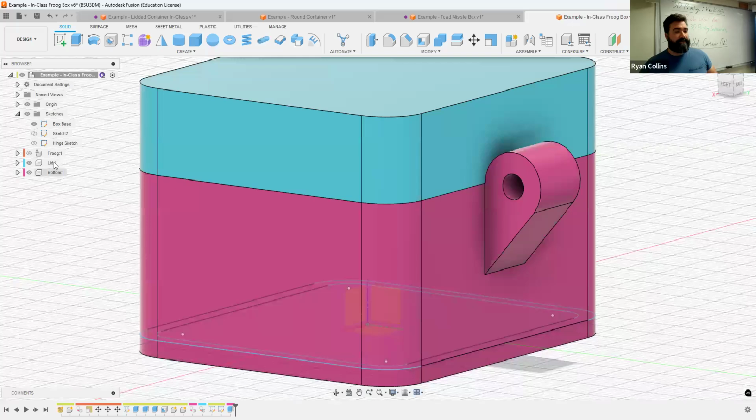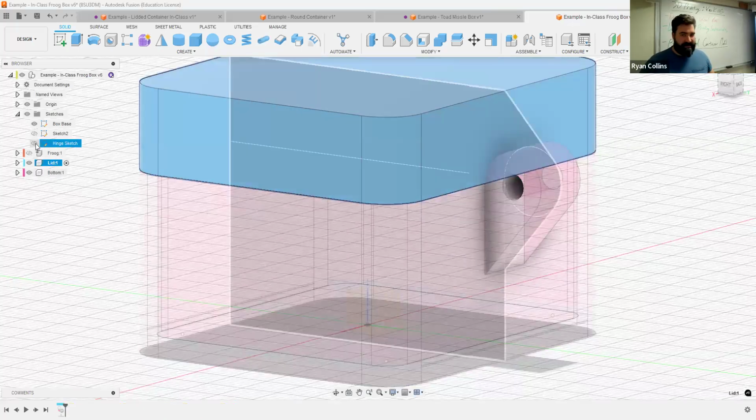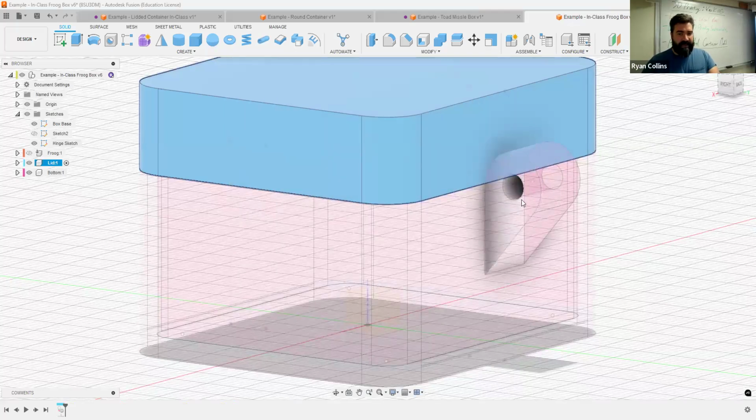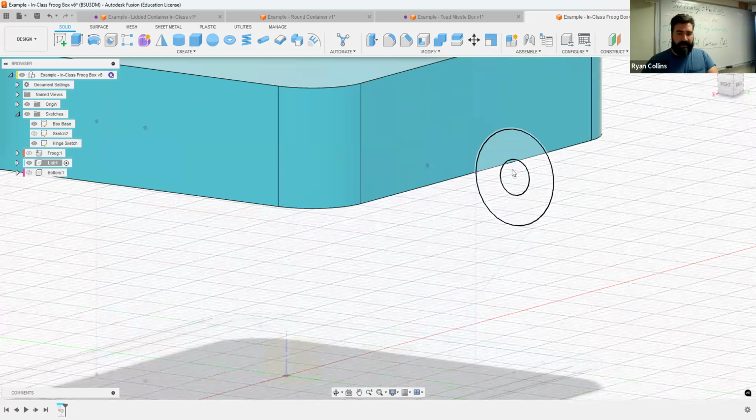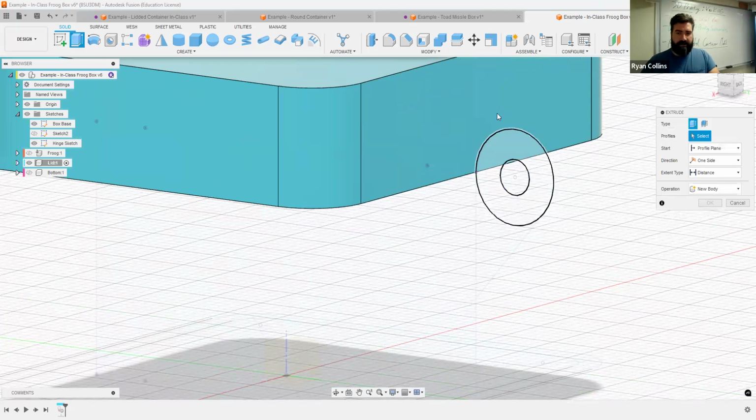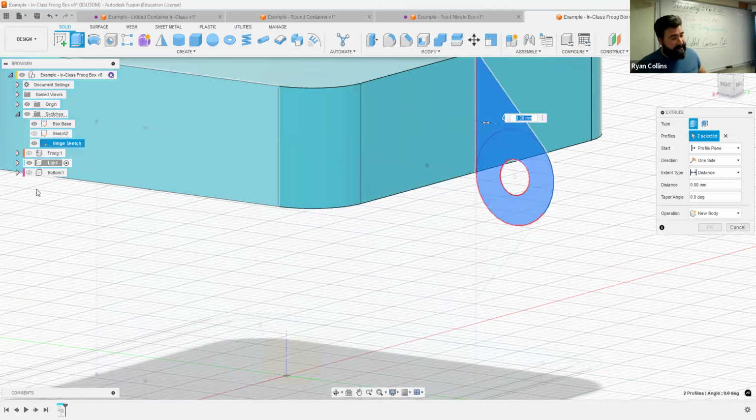Repeat the same thing for the top. Activate the lid. If it hid that sketch, unhide that sketch. Sometimes it's awkward to actually select the original sketch. If you need to, temporarily hide the bottom. You could just barely make out that sketch of the circle and lobe. Let's go to extrude. Select the circle, select the lobe. Now this time we're going to use the